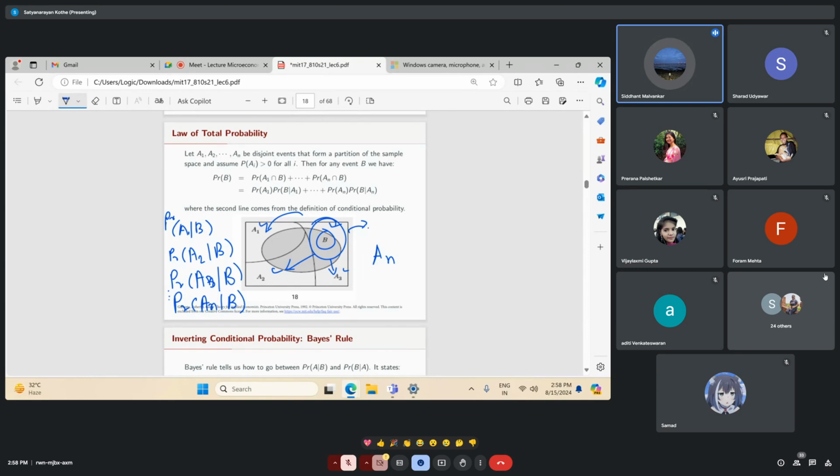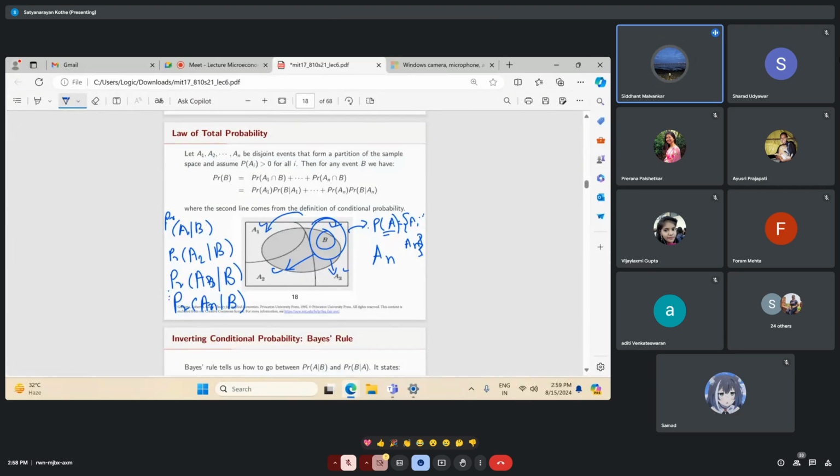Then if you have the sum of all these, it is nothing but your probability of A as a whole. All A's, A1 to AN, are mapped as a set of A1 to AN. Then in that case, what we are trying to see is the probability of A. So the probability of A depends upon the probabilities of A1 to AN conditioned on B having